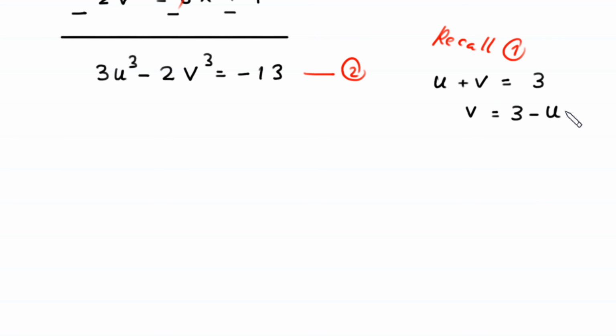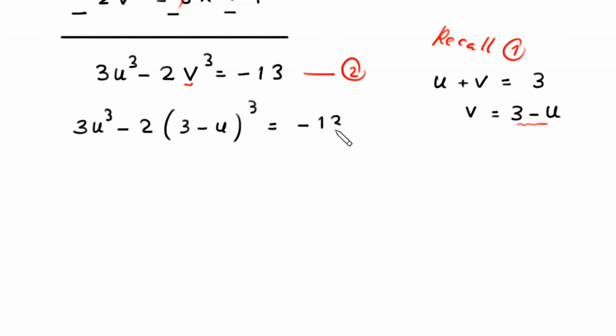So in this equation number 2, we replace this v with this value 3 minus u. So this equation 2 will become 3 times u cubed minus 2 times 3 minus u whole cubed equal to